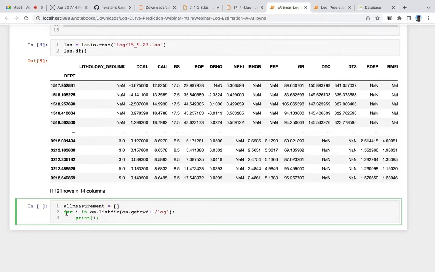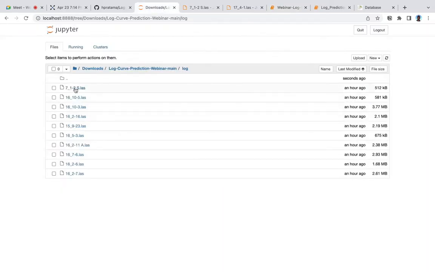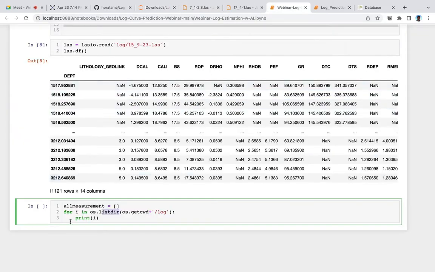So what we do now is we want to read one by one the list of the directory, the files on the log data, in the log folder. So we want to read one by one this LAS file. It becomes the iterative process for e in os.listdir, which will list one by one the single files in this log folder.